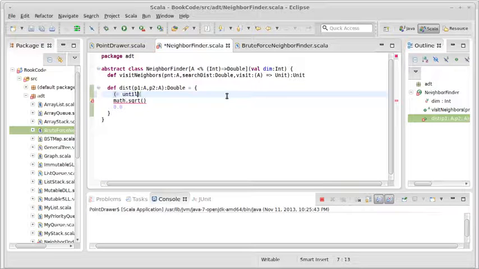Okay, 0 until dim dot map to map of I, P1 of I minus P2 of I, and then I want to square those values, and then